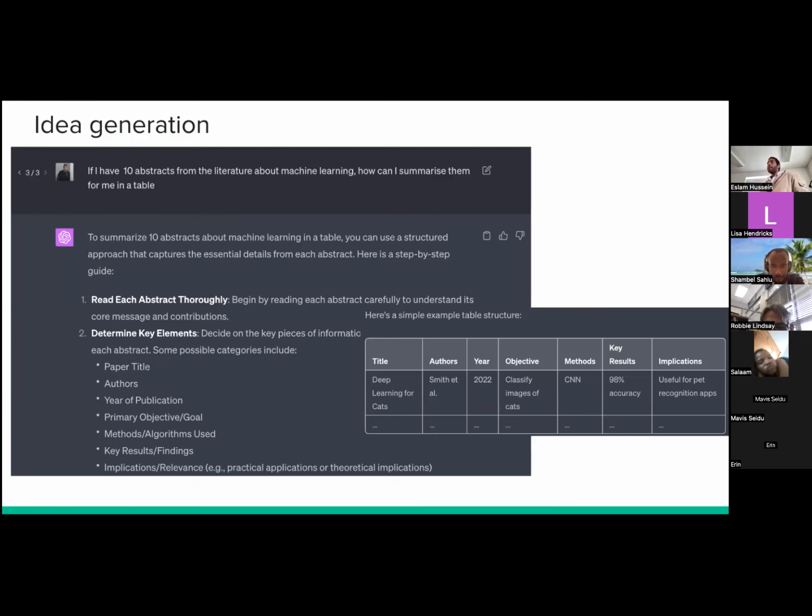When I was a master's student, getting to a table like that really took a lot of time to figure out on your own, unless you have a supervisor who guides you. But this gives you a very good idea and saves you a lot of time instead of trying to figure out for 3 months how to come up with a table. It just tells you, okay, this is how you can do it. It's not perfect, obviously, but it's a very good general table that you can use to summarize papers.